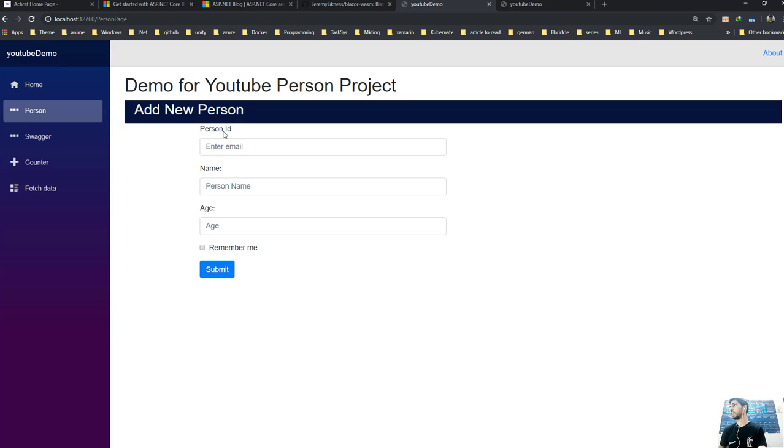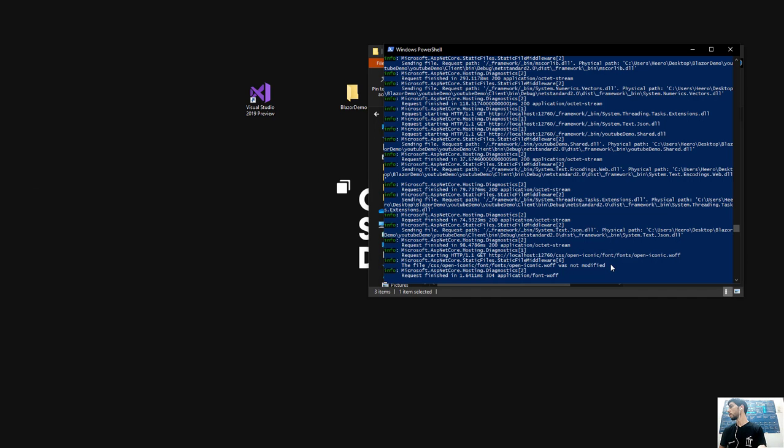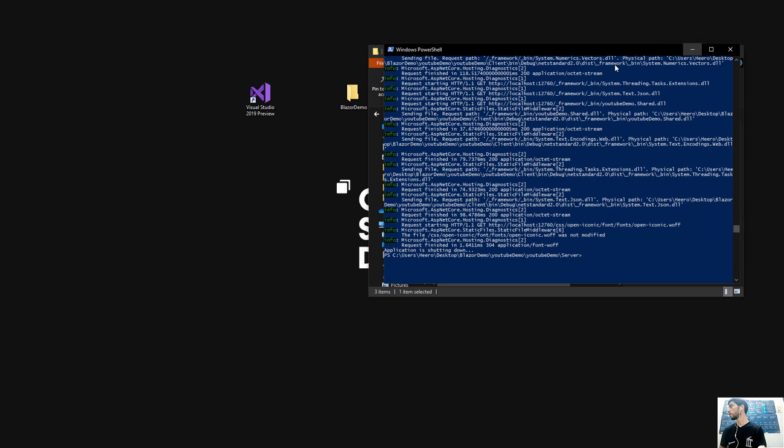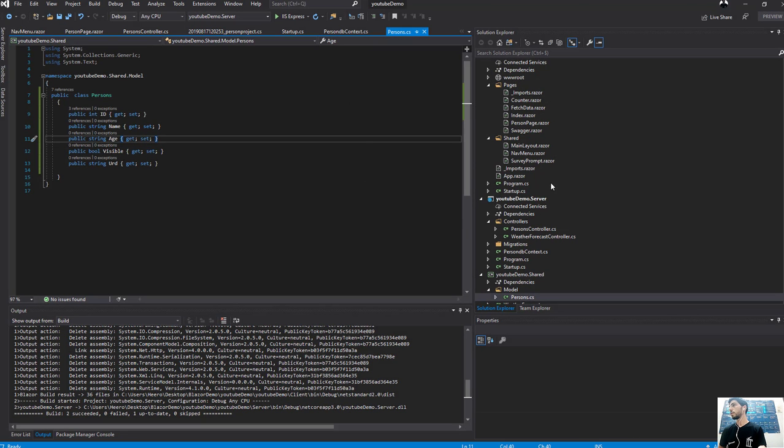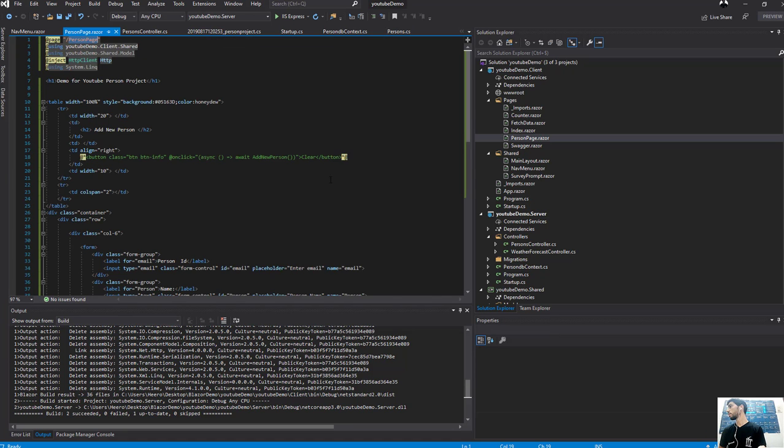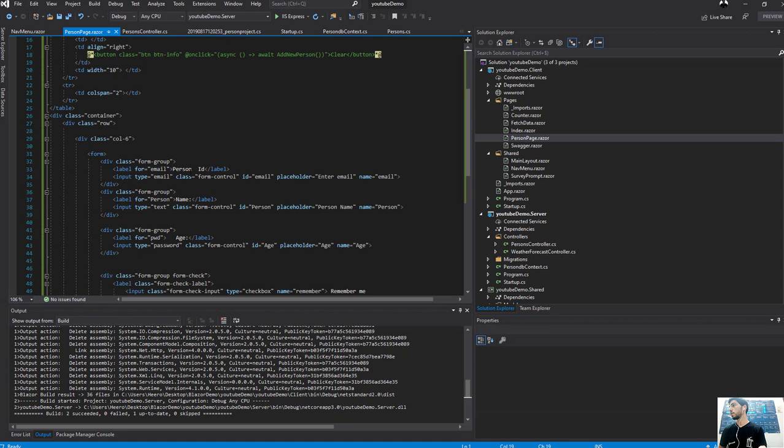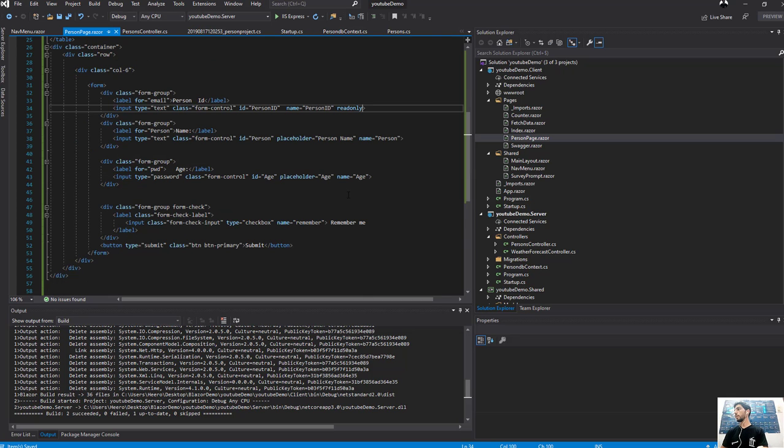So we don't need, oh, this is the ID. I'm gonna show you the ID. Yep. So let's stop this and let's go to our page, person page. So this is person ID, and we don't need a placeholder. Person ID, text, and I'm gonna put it just read only, so I can show you the ID. Alright,